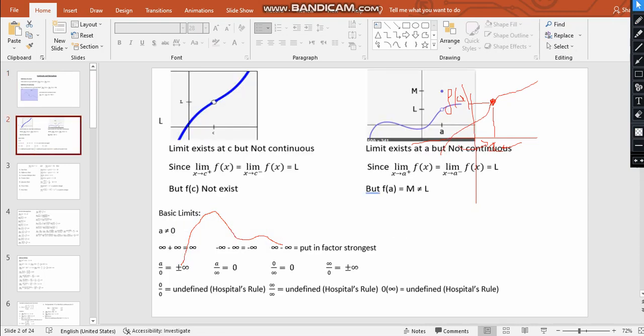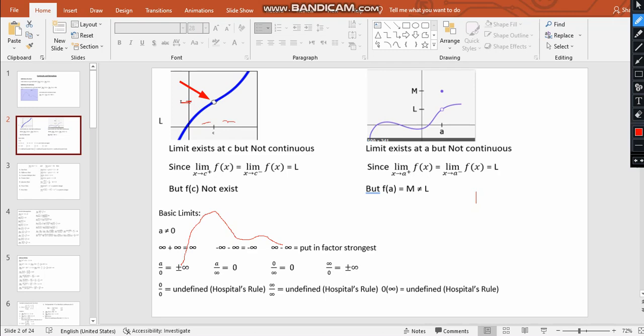So here we can say in this picture that the limit exists but it is not continuous, because why? We have a void. So here we know that the limit as x tends to c plus, from that side or from that side, the limit is L. However, since f of c does not exist, it's void, so we say a limit exists here, for example, but not continuous. And here the same,